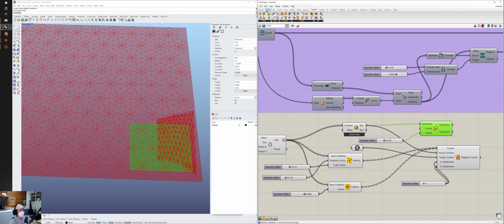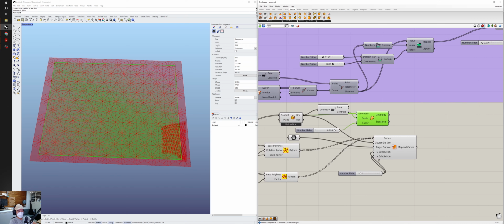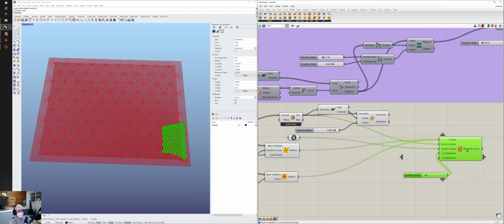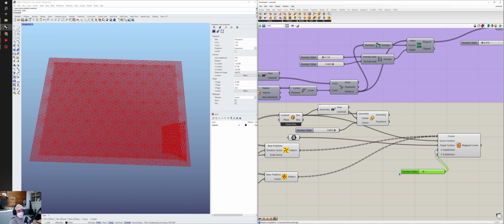So let's do an area evaluation for that. And as we move it out, you can see, let's say we scale it all the way to here. And if we were going to use this now as our source surface,